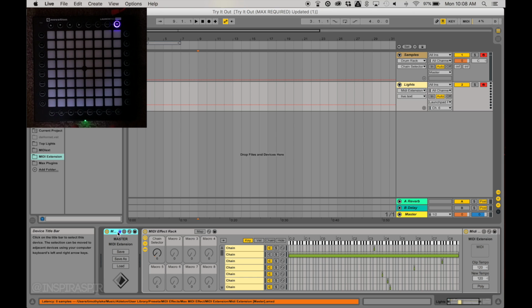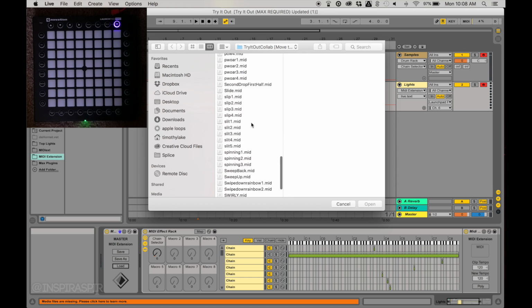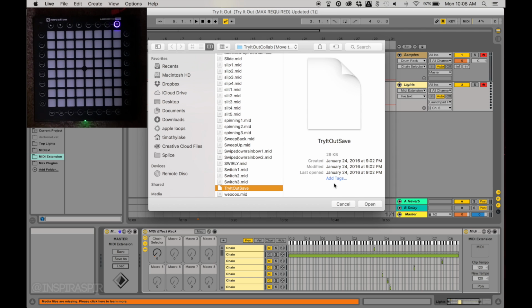So in order to do that, you would normally go down here and hit load, and then you would choose this save device. But the problem is, because I just downloaded this project file on my computer, it's only on my desktop, this extension device doesn't know where to look. It has a default directory that it always searches for, and so if I were to try and hit open right now,